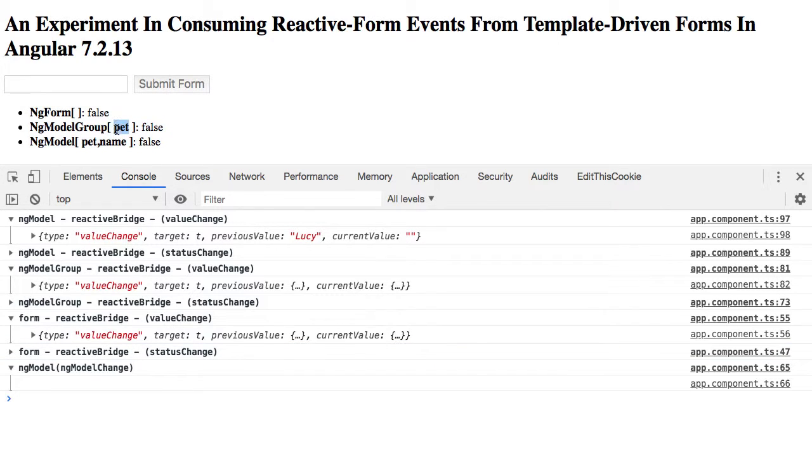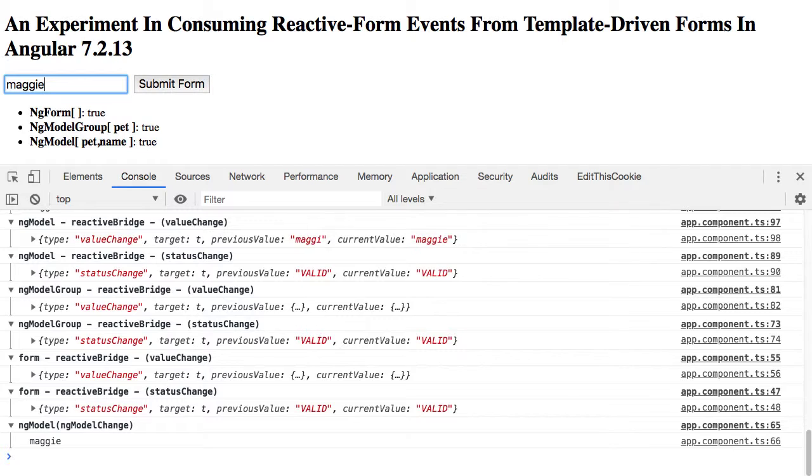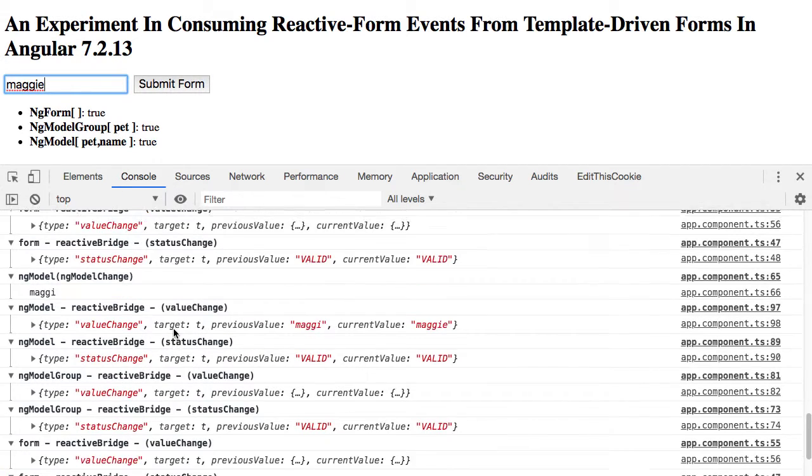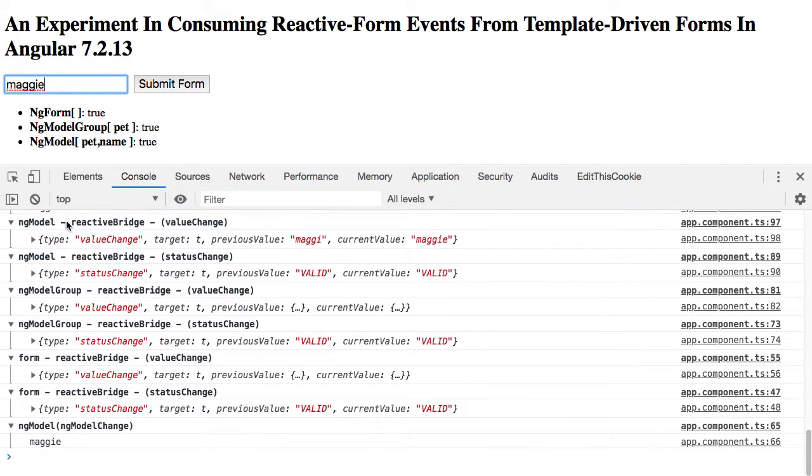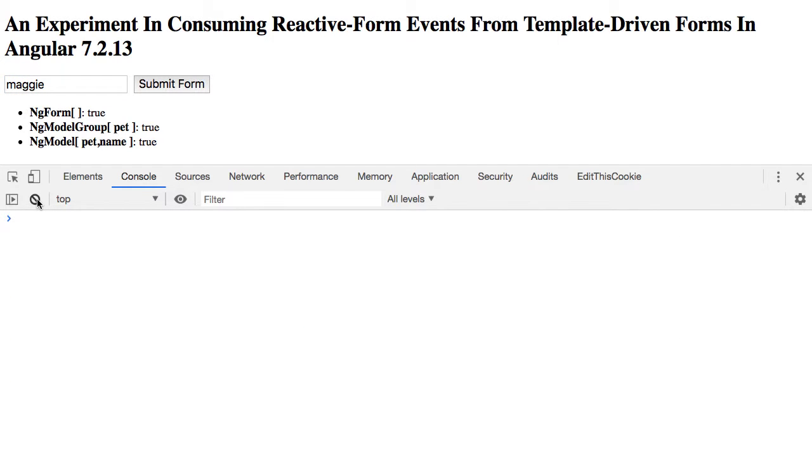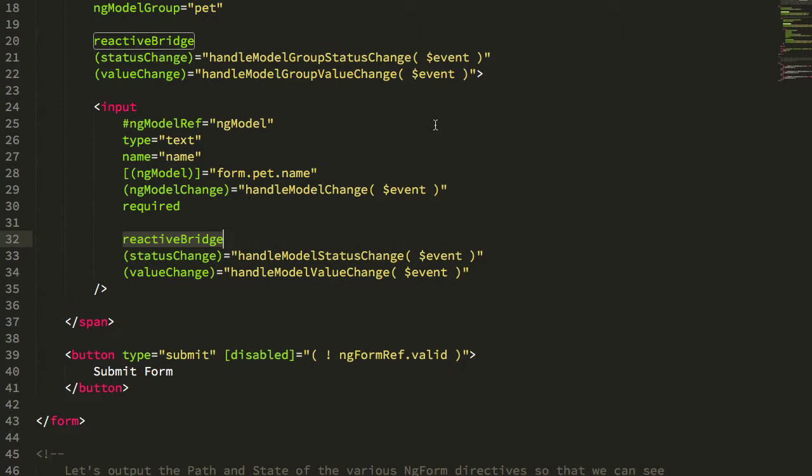I'm also outputting the path of the underlying control as well, just again to make sure that we're all looking at the same thing. And then you can see that as I type here, Maggie, again, we get this slurry of events coming out of our template. So what is the reactive bridge doing, and how is it getting access to these status change